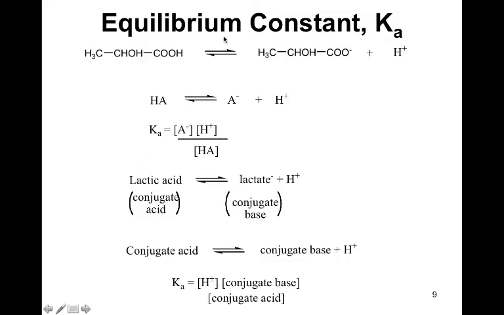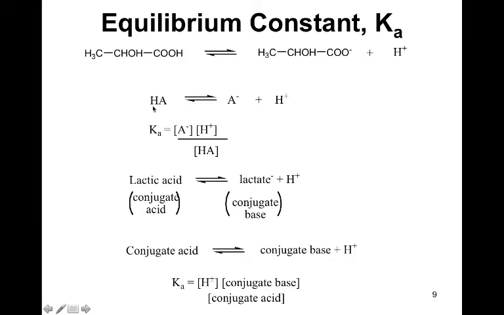So let's take a look at how you calculate the equilibrium constant. In this example, you have lactic acid, which is a weak acid, dissociating into the lactate anion and a proton. Or in a more generic case, you have HA dissociating into an anion and a proton. So the dissociation constant is calculated as the ratio of the concentrations of the right-hand side, which is the dissociated ions, divided by the concentration